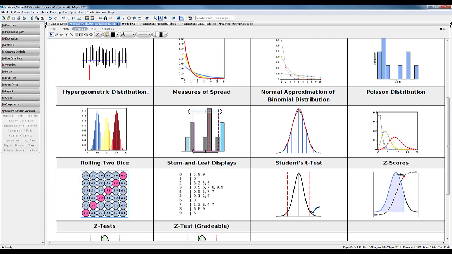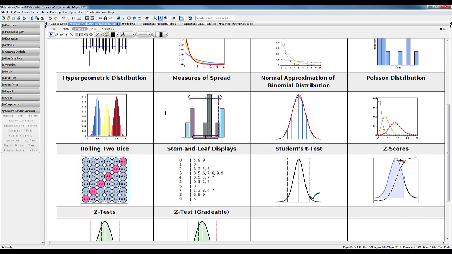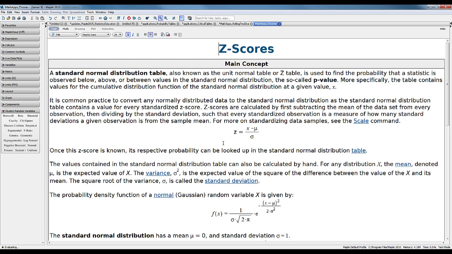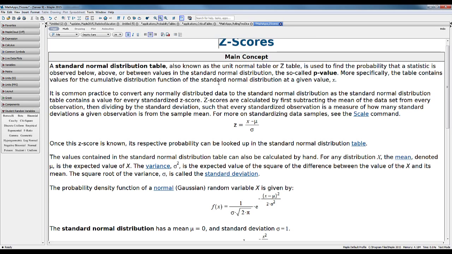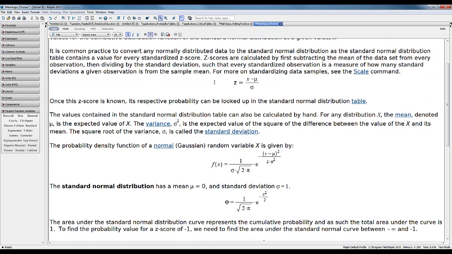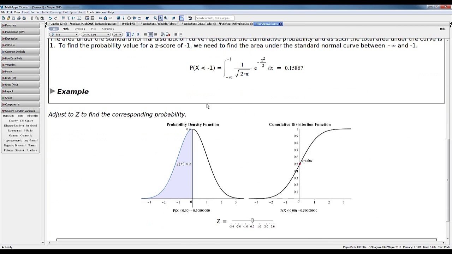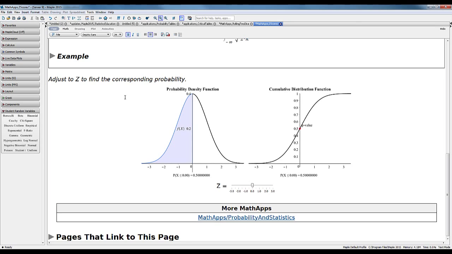Let's go back and look at another one. In this case, let's look at the Z-Scores math app. So again, we start off with the main concept. We're talking about the standard normal distribution table, as well as standardized scores here. So I won't cover that right now, but at the bottom again we have an interactive demonstration where we can